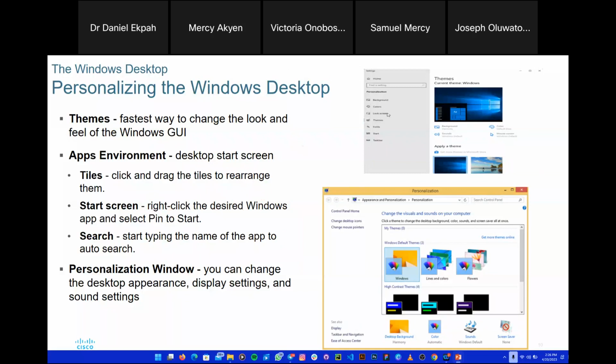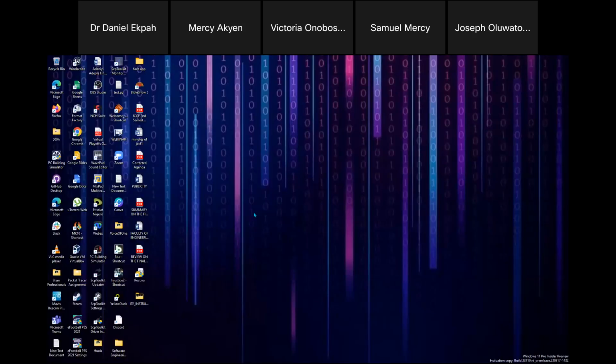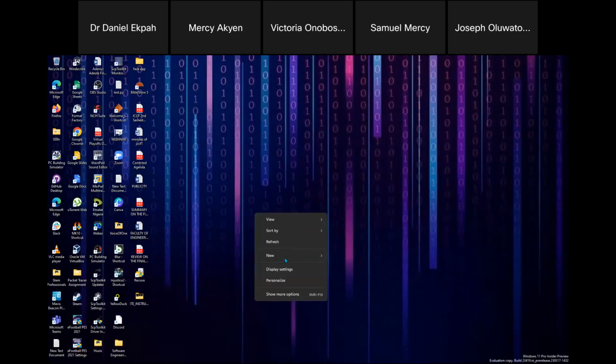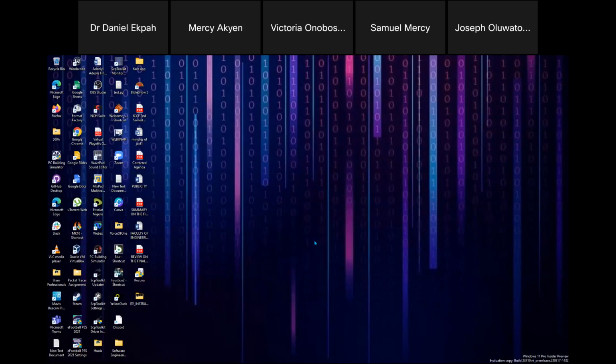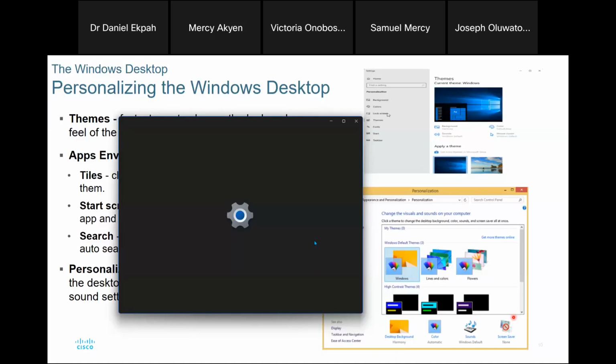So if you want to open up your themes panel or your personalization panel, you can just right click on your screen and go to display settings on Windows 11. While on Windows 10, if you right click on your screen, what you're going to see is change device resolution and personalize. So you can click on personalize either way. So I'm going to click on display settings